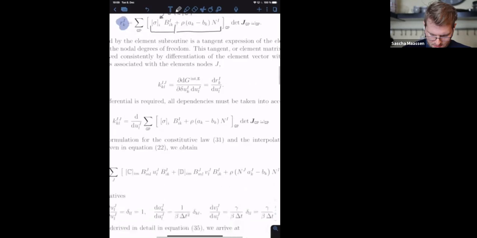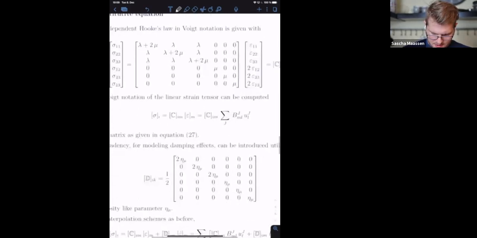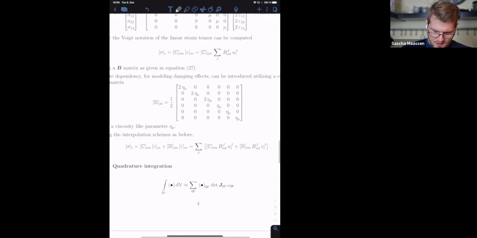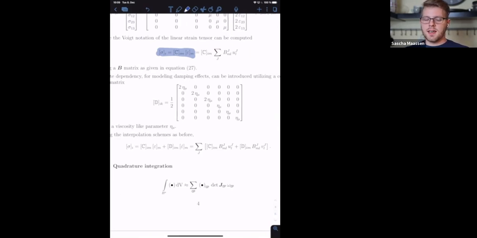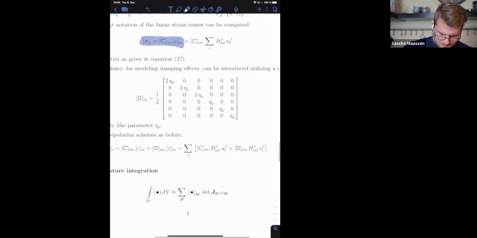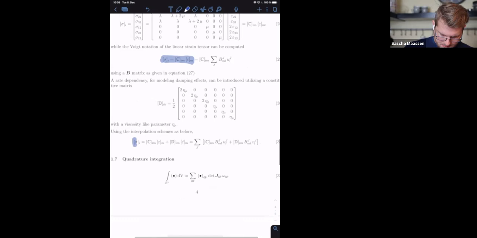Speaking of which, let's have a little recap on this. This is like Hooke's law as you might have implemented it before. It's the tensor product of a constitutive tensor T with the linear strain tensor here in this case, and we are using Voigt notation, so the linear strain tensor here appears in a vector format. Also, the linear stress tensor is a vector format property here in this case. So we will extend this as discussed last time. So we will implement this part over here,